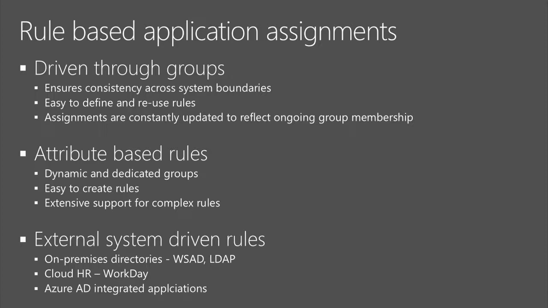Now, we mentioned external, and we gave a couple of examples. The more interesting ones are attribute-based groups. This is where you can now take a set of attribute conditions, define group membership based on that, assign that group to one or more applications, and from that point on, the membership of that application, the users who have access to that application or that license, continues to update automatically.